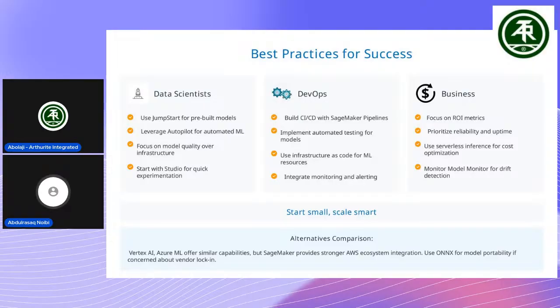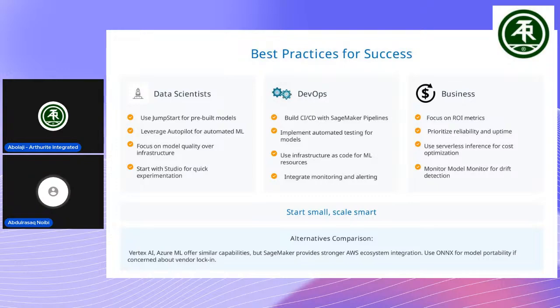For DevOps, implement automated testing for models, and use infrastructure as code for ML resources, which is very important here. For people that are into DevOps, you know that one thing we don't do is do things manually, right? Maybe going on the AWS console, then start clicking here and there. That's bad. You must never do that. So you have to ensure that whatever you're building, you use what we call infrastructure as code to set up whatever infrastructure is needed for your model.